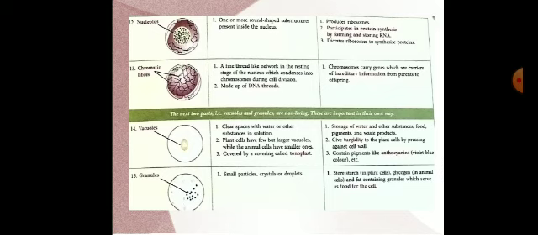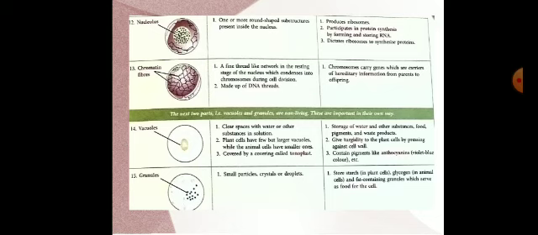The outer covering of the vacuole is known as tonoplast. What is the function of this vacuole? They are basically a storehouse, the storage center. They store water, other substances, food, pigments, and waste products. They are like a storeroom. They also give turgidity to the plant cell, and contain pigments like anthocyanins, which are a violet blue color.